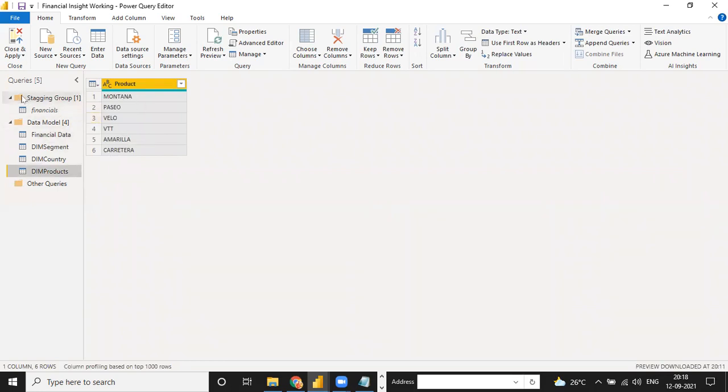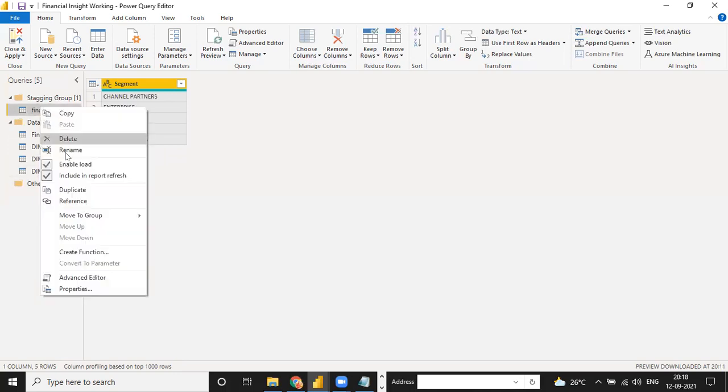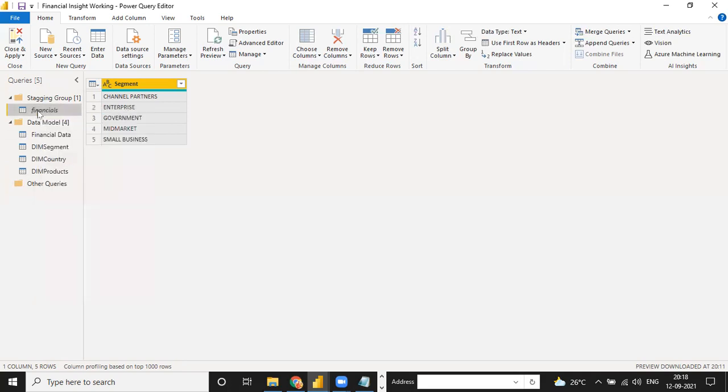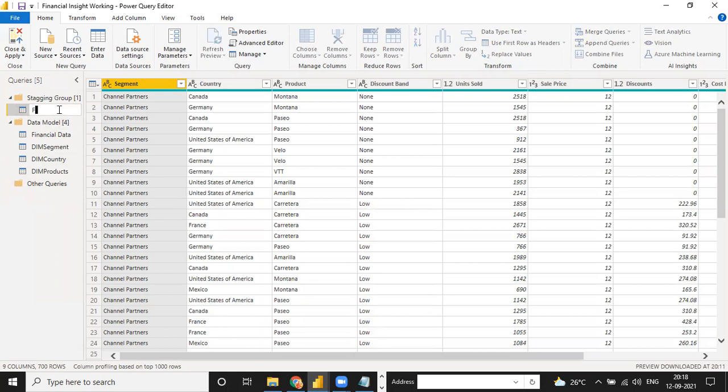So right now, this is our staging group. When we load the data with close and apply, it only loads these four models. It does not load the other ones, because if I click on this and click enable, then I close and apply, it will also load this one. But I don't want to load this file because this file is just your main file. So you can write its name as financial site